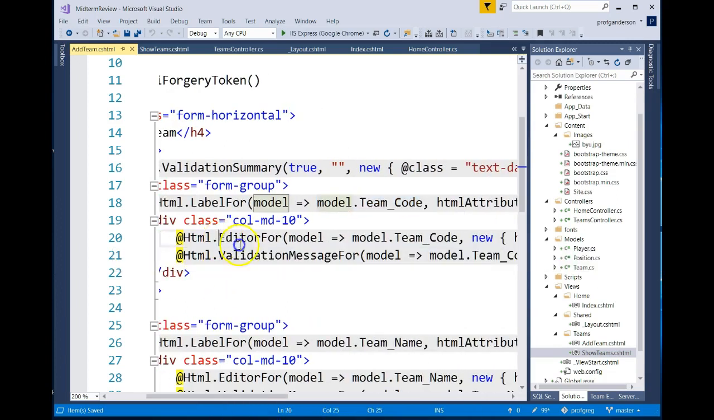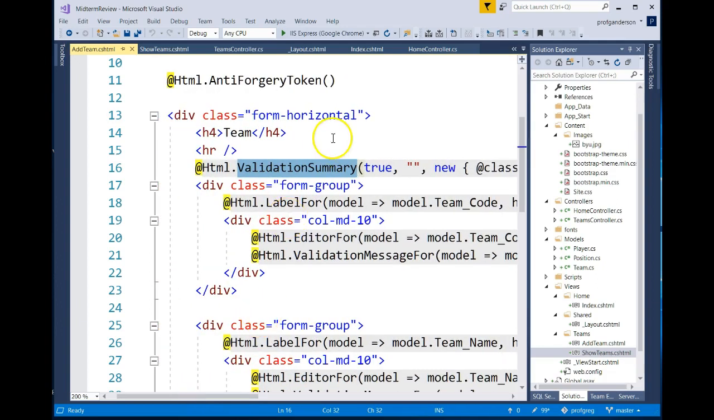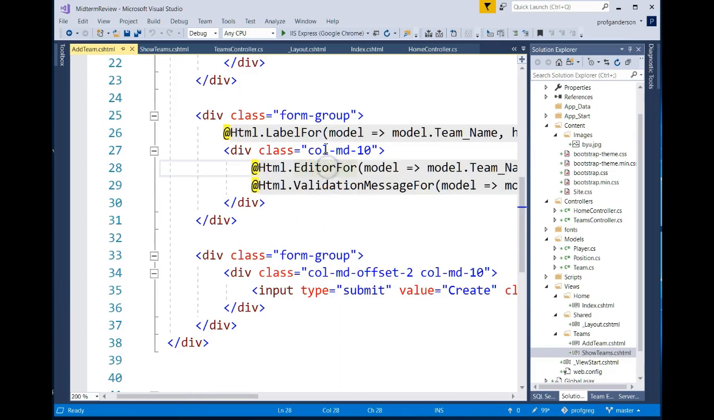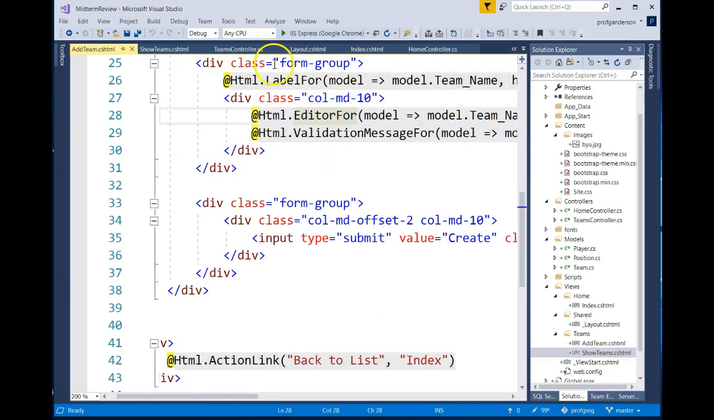This one says, now go create an edit area for the team code and add a validation model for the team code if there's one from that model. So remember in the model when we did our validations like required or string length, these messages, the validation for and the validation summary, are the ones that will actually help display error messages if the user is making mistakes. And it does this for each of the objects from our model and just displays all that, creates all that